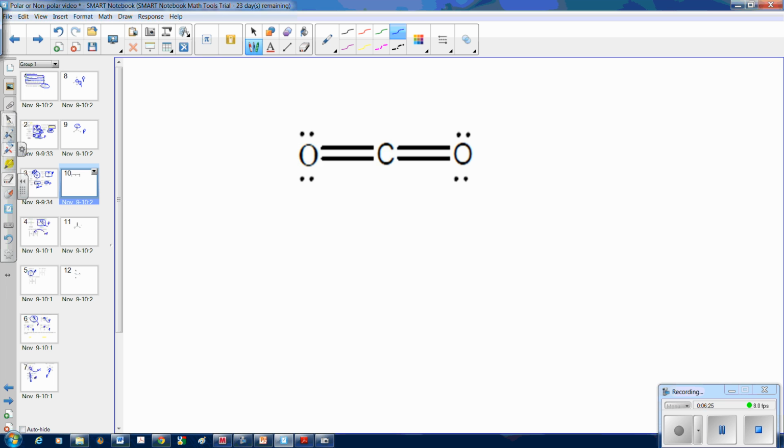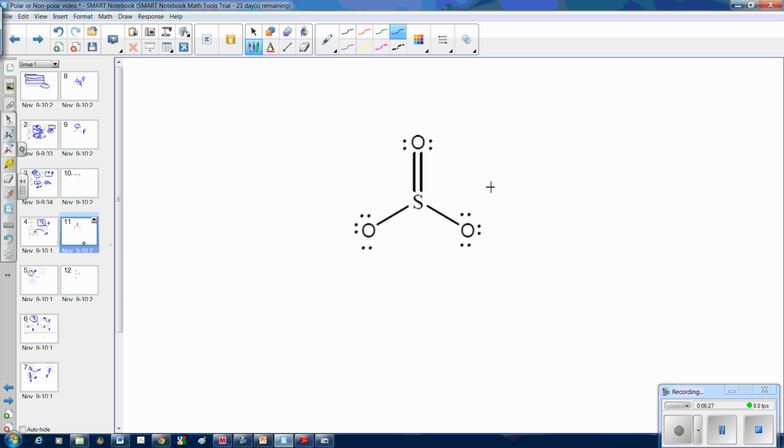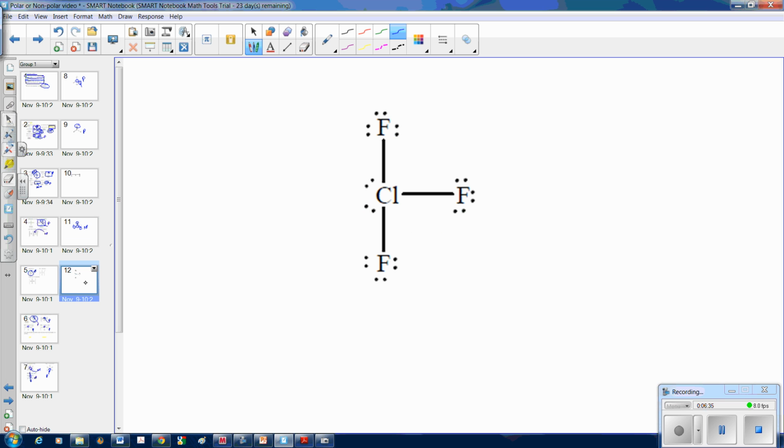Carbon dioxide, I think we did this one before earlier, so I'll skip it. This one, if you look, no lone pairs of electrons, same terminal atoms, we're going to say this molecule is nonpolar. Last but not least,